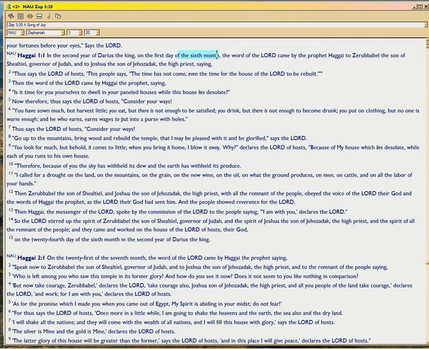of the civil calendar. But at the time this prophecy is given, the time is measured by Persian time. And in Persian time, the 6th month of the civil calendar is Elul, because it begins in Nisan. We saw that when we saw the book of Esther. The first month of the Persian calendar in Esther's day was named Nisan. Okay? We just saw that in the last episode. So we know that this is Elul. Is that ringing any bells?